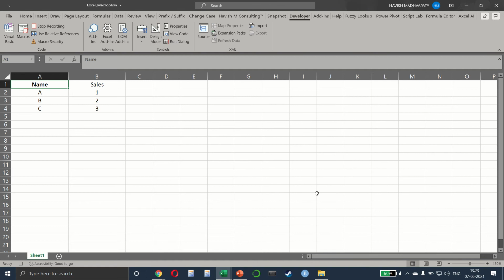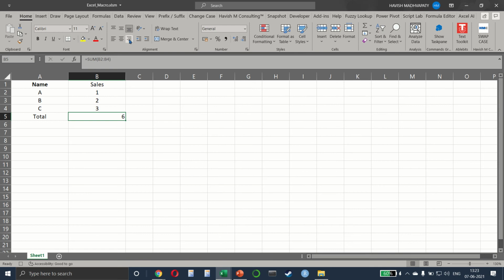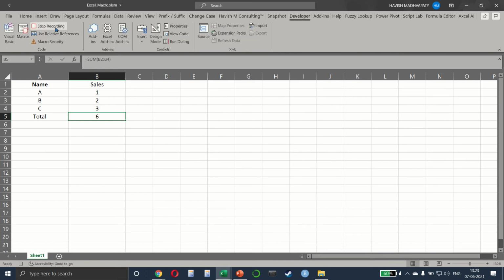Click on OK. Now you notice that I first have to press the down arrow 1, 2, 3, 4 times. Then I write total. And then on the right, we write equal to sum of these three numbers. Let me also make it center aligned so it looks nice. And we will go back to developer and stop the recording.